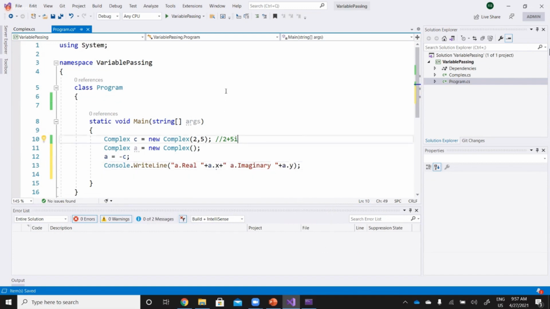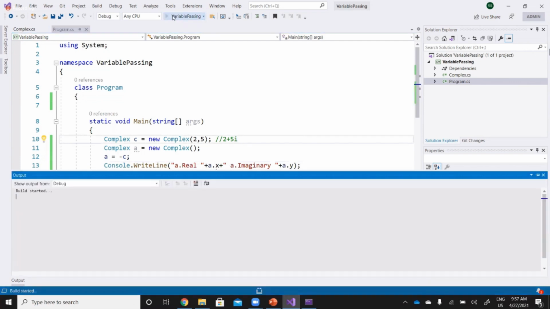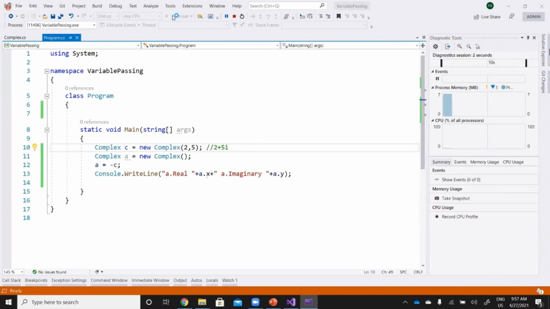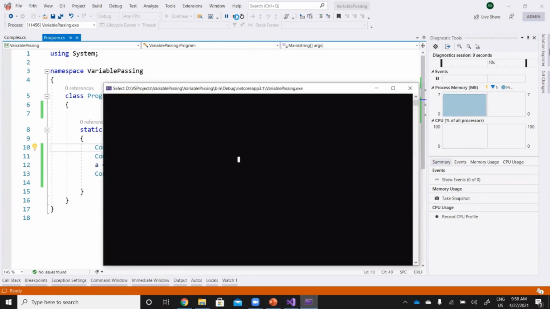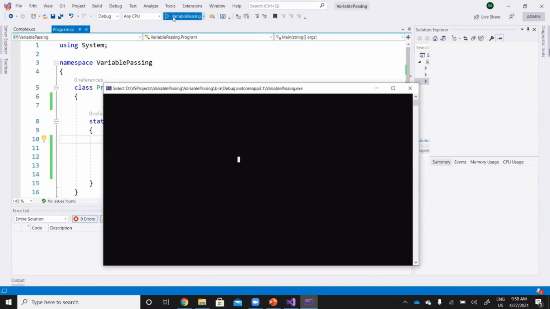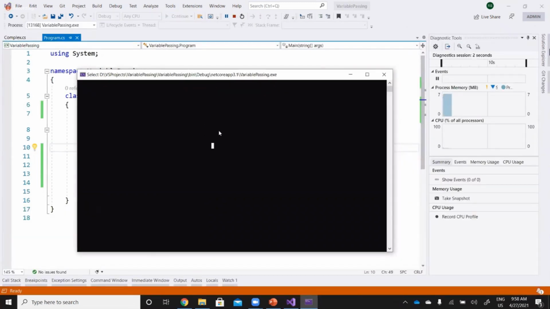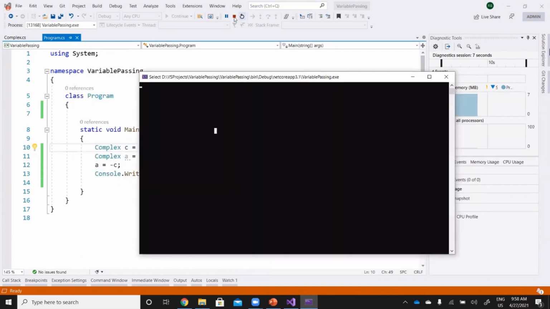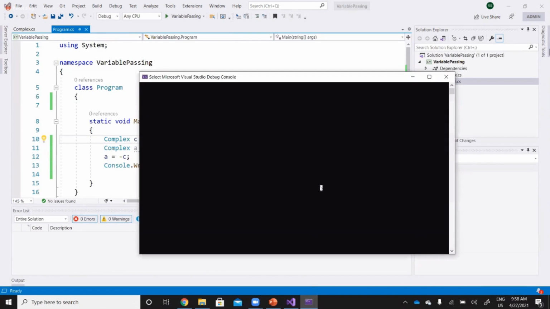It's 2 5, and let's see what happened now. It seems that I have previously opened one.